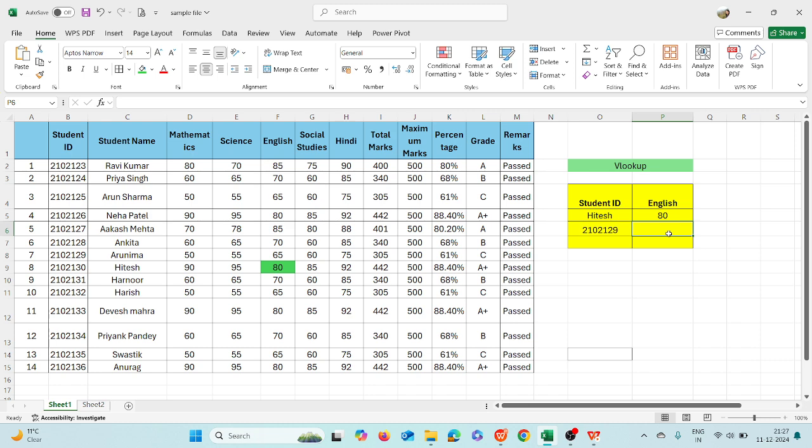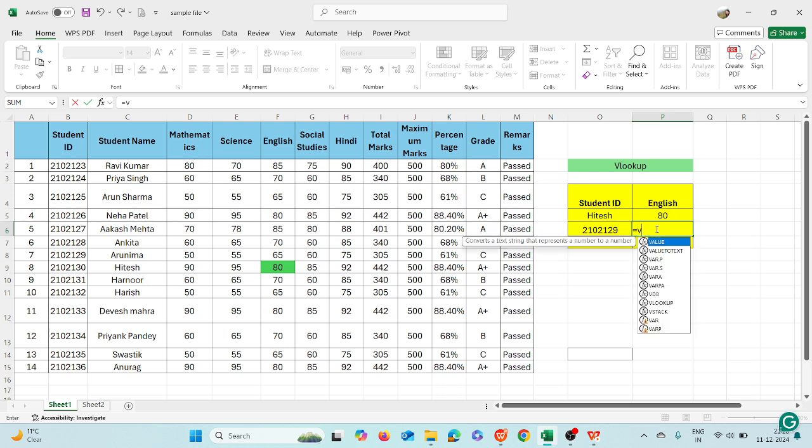For that purpose, again we can apply the VLOOKUP formula. Do you know why we say VLOOKUP? Because VLOOKUP stands for vertical lookup. We are working on the vertical side, so we are searching the records vertically. In the case of HLOOKUP, we would search the data horizontally. But now we are talking about VLOOKUP, which means we are searching column-wise details. Then again our formula would start with equals to, after that VLOOKUP.